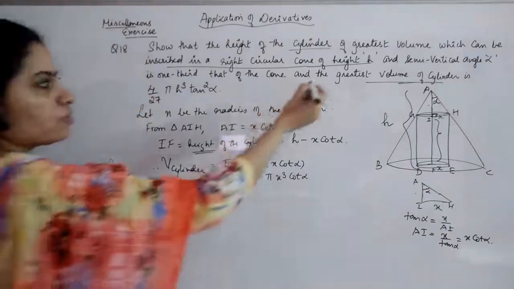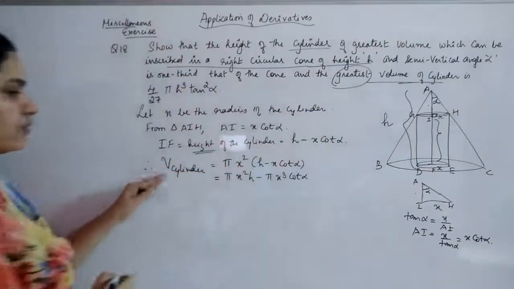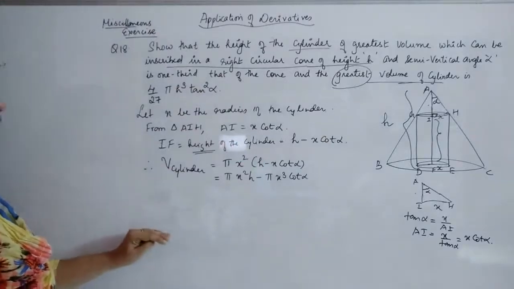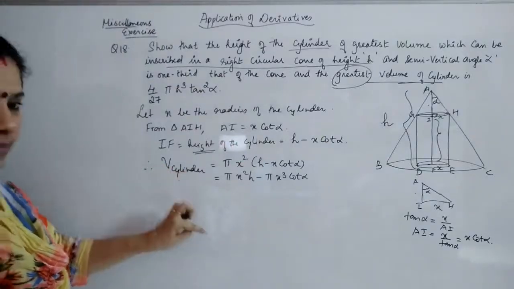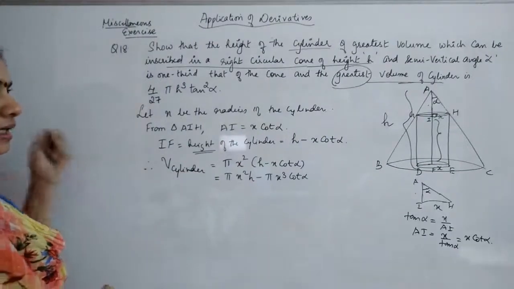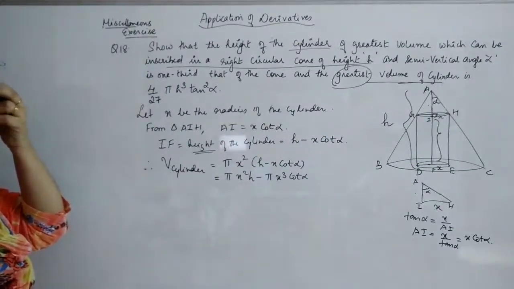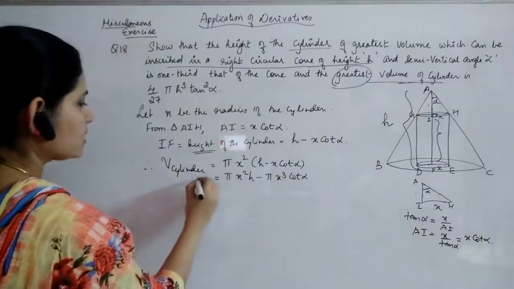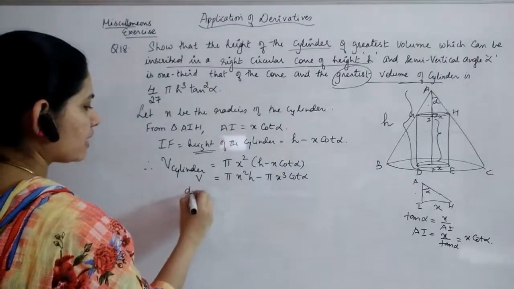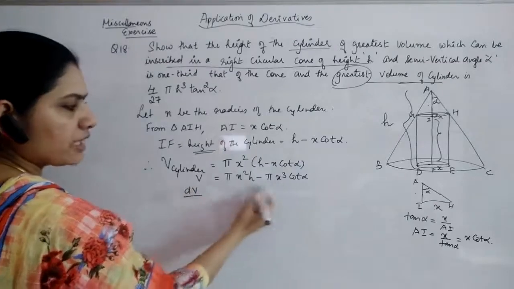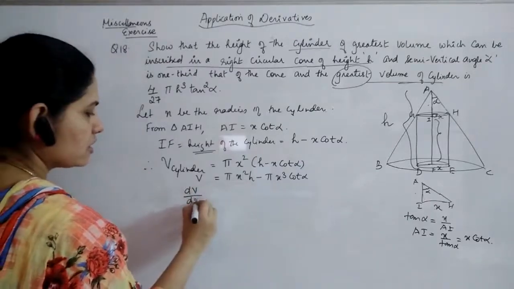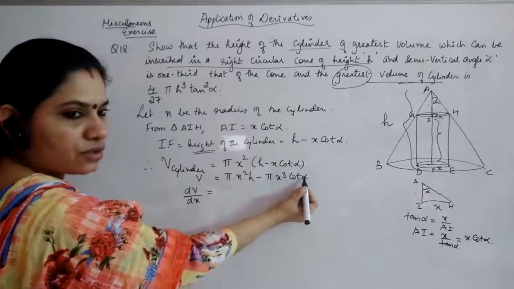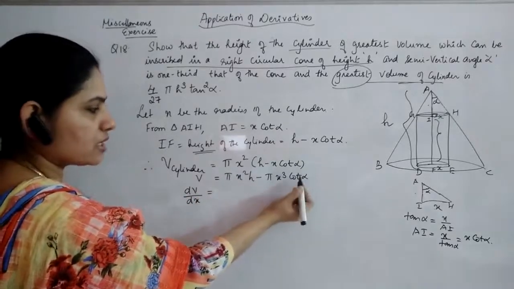Now to maximize this, you have to take the first derivative, find the critical point, then find the second derivative, replace the value of the critical point there, and show that the second derivative is giving you less than 0. So let it be V, so that we can write dV by dx. What is the variable here? x. So this is with respect to x. h is constant, alpha is also constant, so cot alpha will also be a constant.